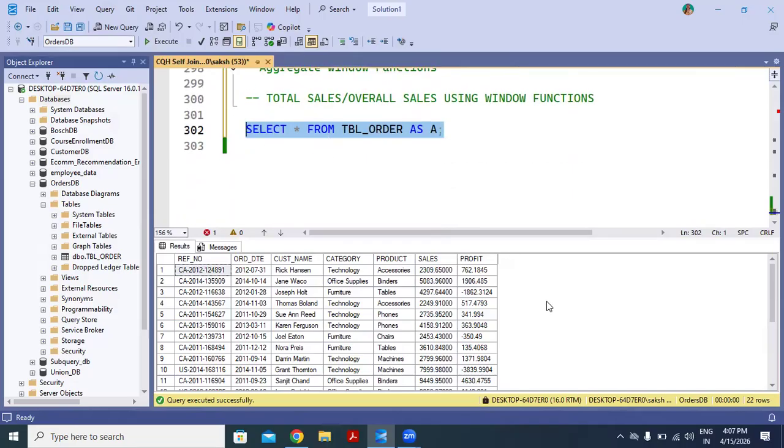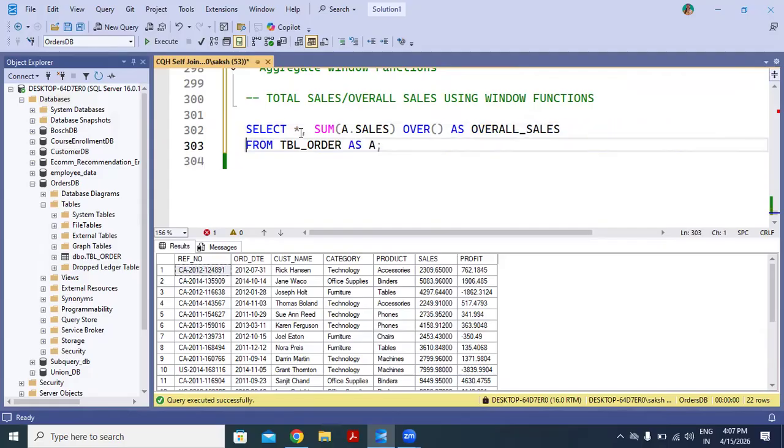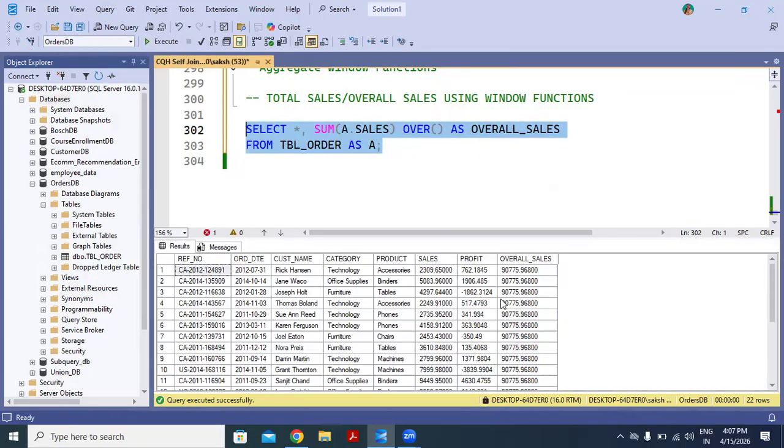Now let's create a column here, overall sales, which consists of total sales against each row without losing the data. We can do it with the help of the window function SUM of sales OVER. It is always used with the OVER clause, as overall sales. Now just select it and execute it. Yes, we can see that we have this new column and the data is also there.